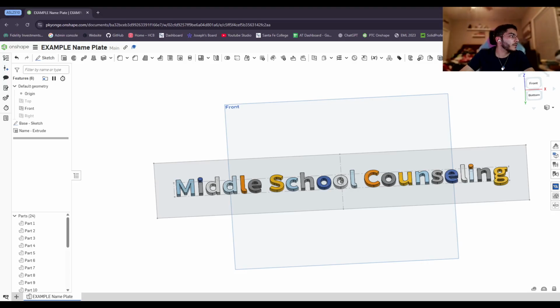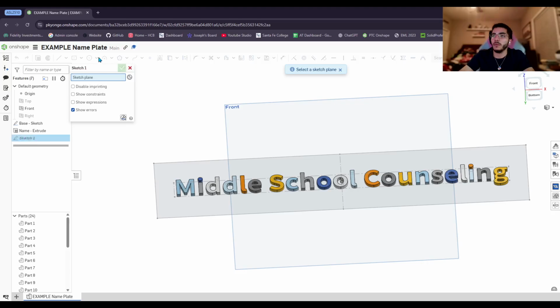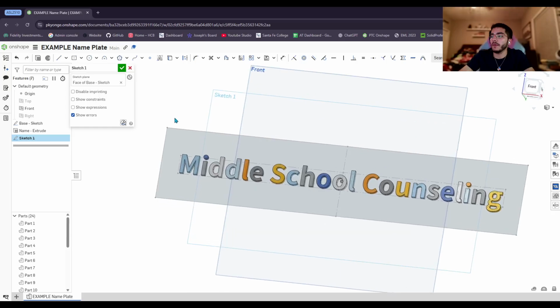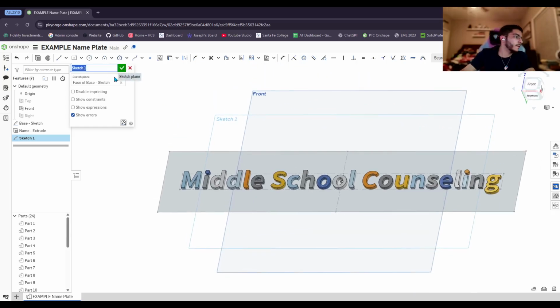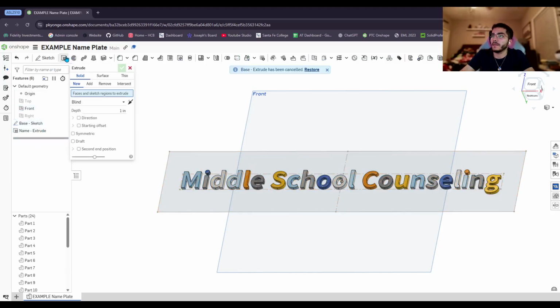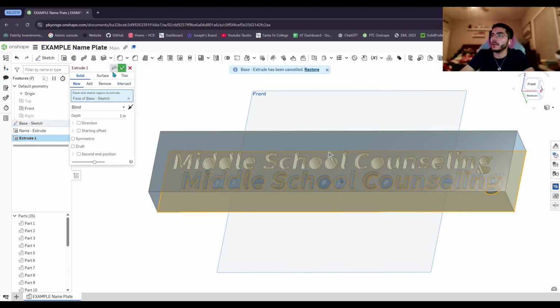And then what we're going to do is another extrude, or Shift E, and we're going to go ahead and click the rectangle that we sketched, and we're going to name this base extrude, or base dash extrude. Once we click that rectangle, that's actually a sketch. Never mind. Give me a second. There we go. So now it's extrude. Base